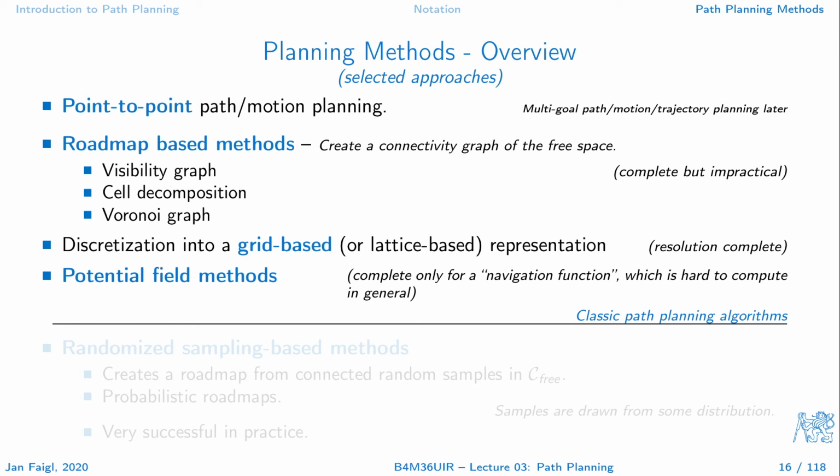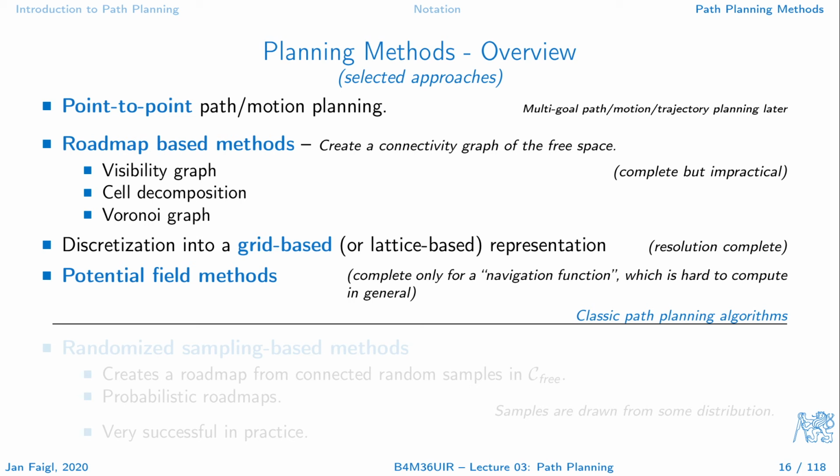There are roadmap-based methods. They create a connectivity graph of the free space, and the simplest is the visibility graph, which is complete but impractical. We will see cell decomposition or Voronoi graph-based approaches. And in addition to these roadmaps, we can consider discretization into a grid-based or lattice-based